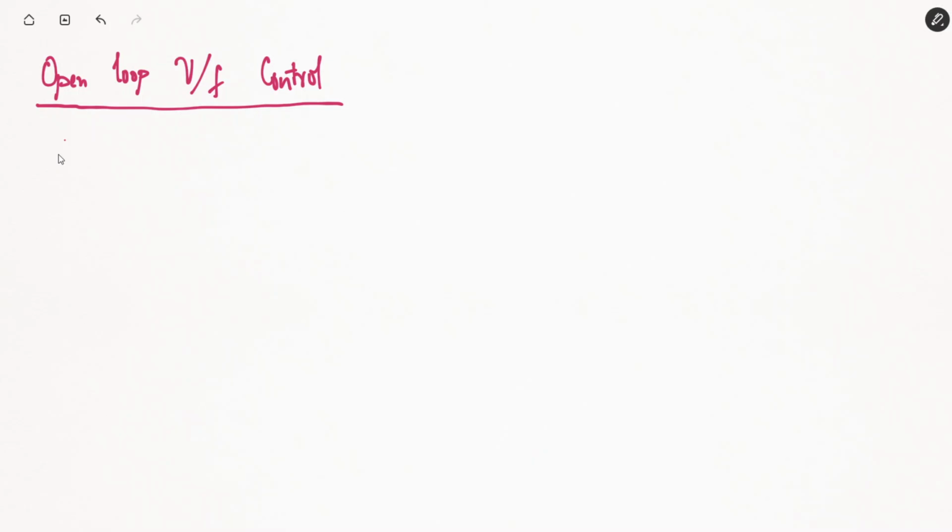Fine. So our aim is actually to make sure that the sluggish response of flux is not reflected in the response of speed.